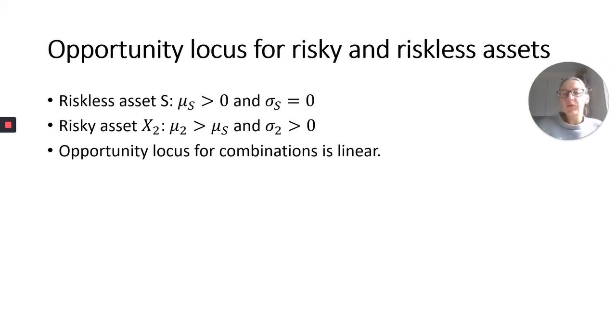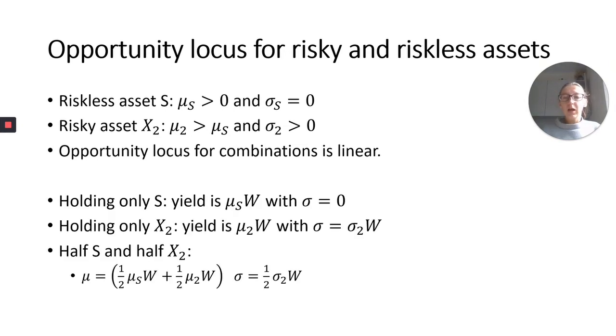it's just not clear. There is uncertainty about the possible earnings. In this case, if we have a decision to make about how much money to invest in one or the other asset, the possible combinations would be linear. So with the two extreme points, one would be when we hold only S, so we hold only the riskless asset,